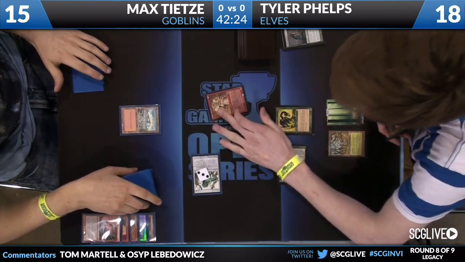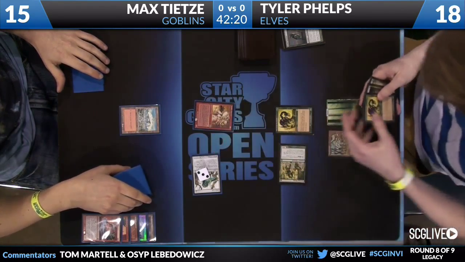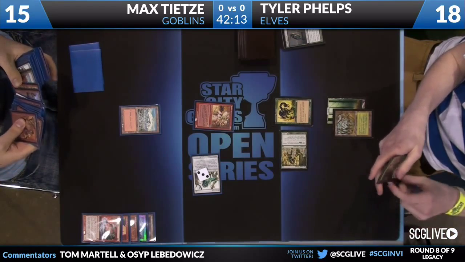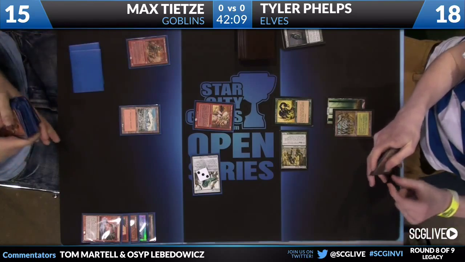I'm not sure I would actually do this in combat. I might just take the point and let Tyler dump his hand. I don't know. I kind of like being able to just deal with the Heritage Druid here, because again, if Tyler's not dumping his hand, he can't really do anything. He doesn't really have an answer. Goblin Sharpshooter,